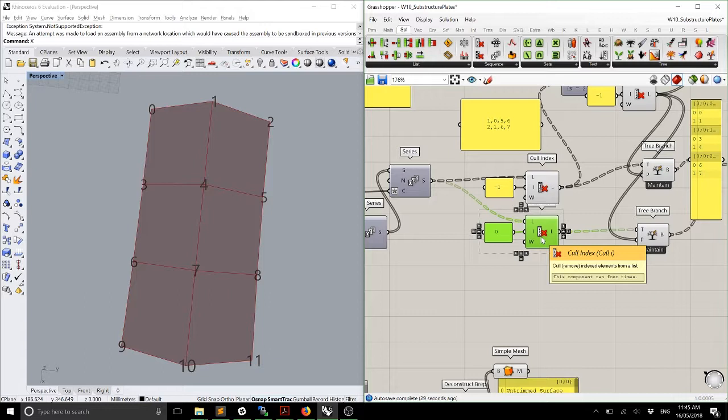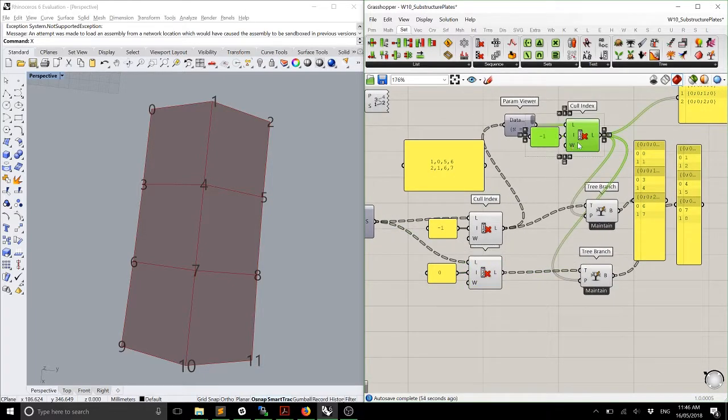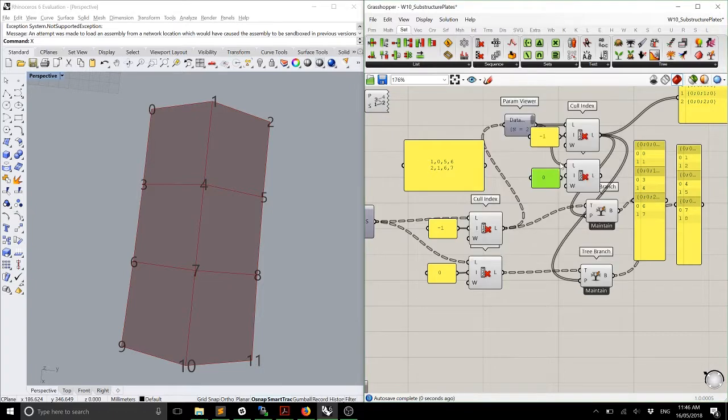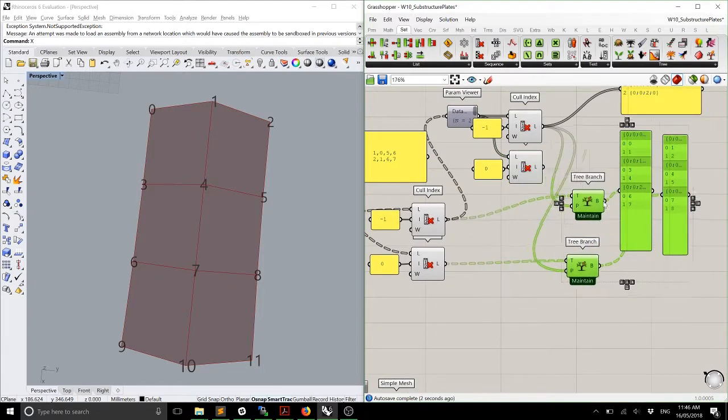So we're never going to write 1, 0. Are we? No. We're only ever going to write 1, 0, 4, 3. Just as 9, 10, and 11 are never appearing first, we're never going to see 0, 1, and 2 appearing last. So what we can do is also cull the 0 point, the first item from the list,